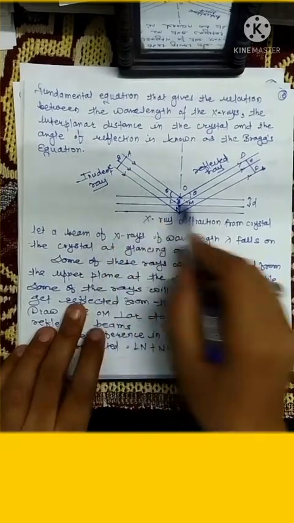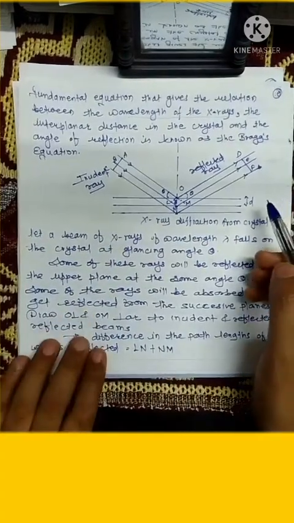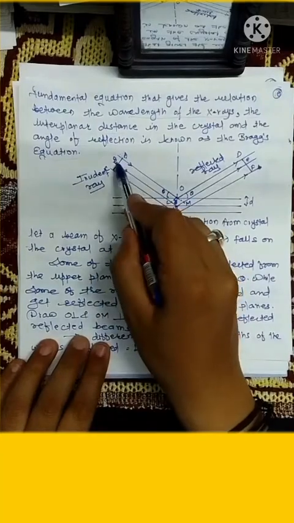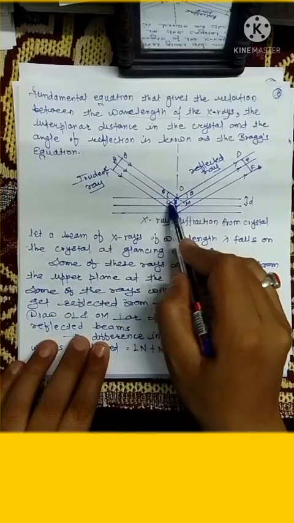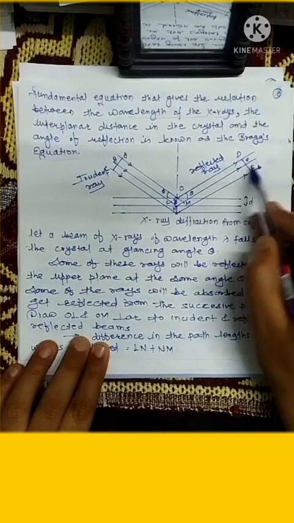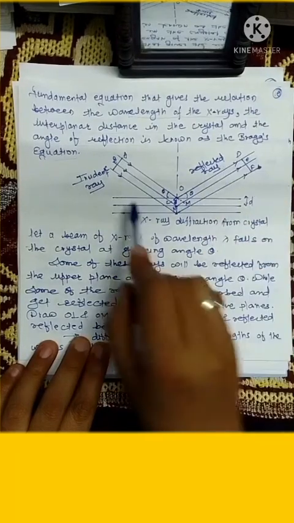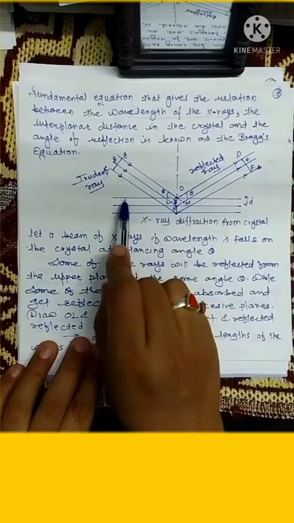So just see this diagram. In this diagram, A, B, C are incident rays, D, E, F are reflected rays,